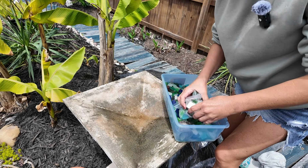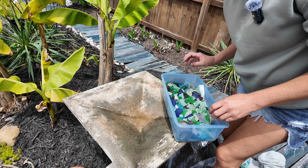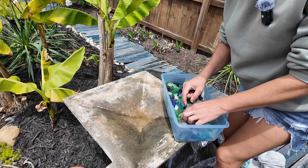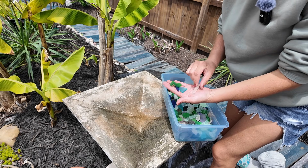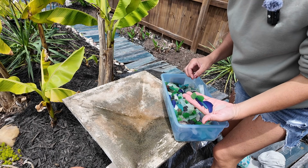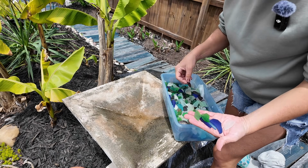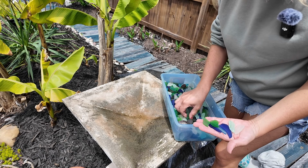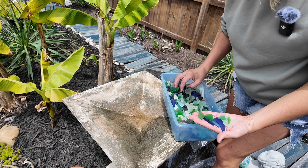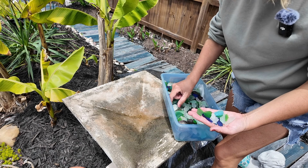But of course, there's only time in the day to do so many things, and so I haven't made things with sea glass in a while. But I have all sorts of different colors. I'm going to refrain from using brown because that's not beachy. But I have different shades of green, white, blue,